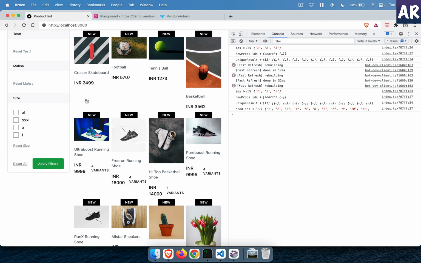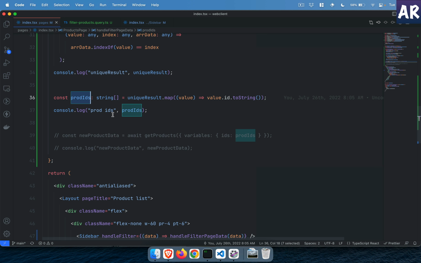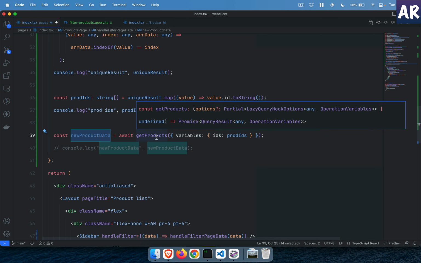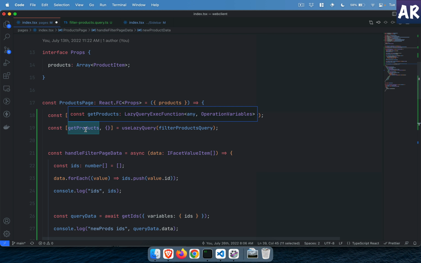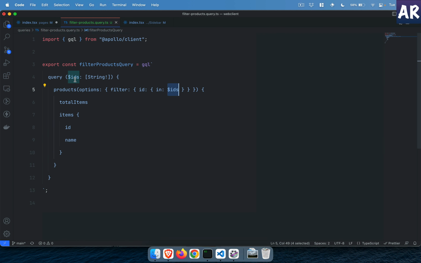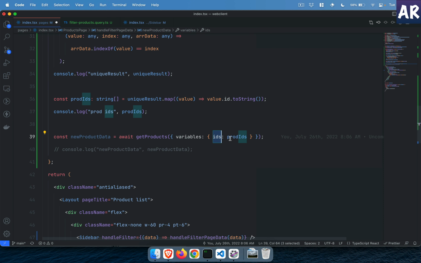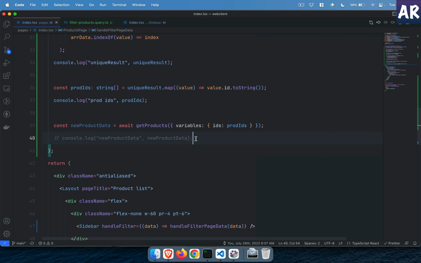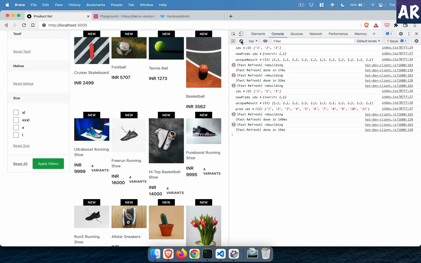So I got this list of IDs as an array of string, and then I run my second GraphQL query. I'm saying new product data equals await get products. Get products is the function which I'm destructuring from use lazy query. And I'm sending variables where IDs, which we saw it is expecting, so IDs is product IDs. Okay, and once that is done, if I console the new product data,